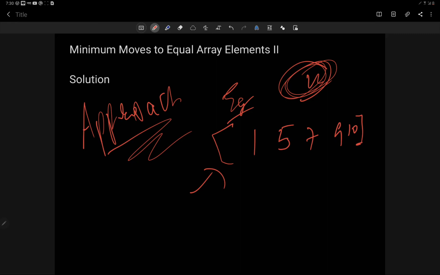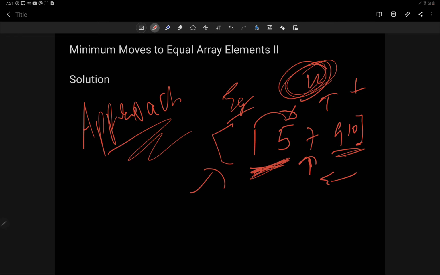If we have to select the value of n, then first of all we must sort the array. Why we need to sort the array, I will tell you later on. It will help us to select n. So basically the n would be the middle value. Why the middle value? Because the number of moves to increment this to become this value and the number of moves to decrement this to become this value would be the total number of moves to make the array equal. I hope this line is clear.